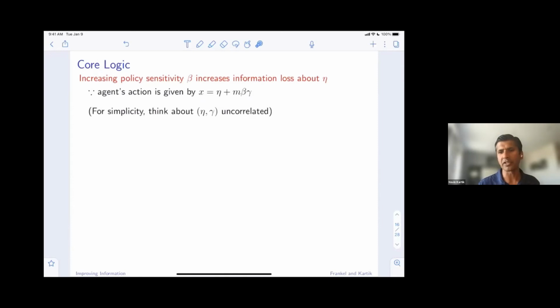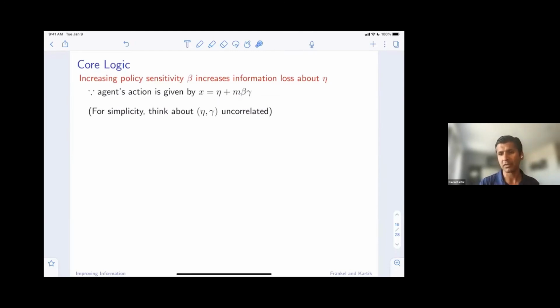Okay, so just stare at this for a second. Think about the case where eta and gamma are uncorrelated for simplicity. The logic turns out to be more general. But if eta and gamma were uncorrelated, then increasing the policy sensitivity beta is simply like the agent's action is more determined by her type gamma, the gaming ability, rather than the dimension of her type eta, the natural action, right? Another way to say this is that more of the variance in X is going to come from the variance in gamma rather than from eta, which is what the designer really